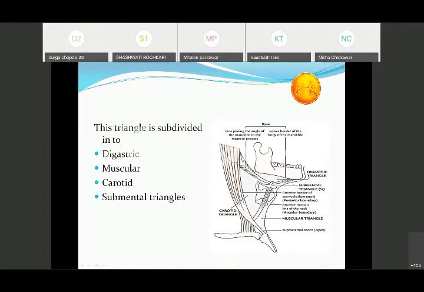What you see in the picture, this triangle is divided into further smaller triangles. It has been divided into the digastric triangle, muscular triangle,